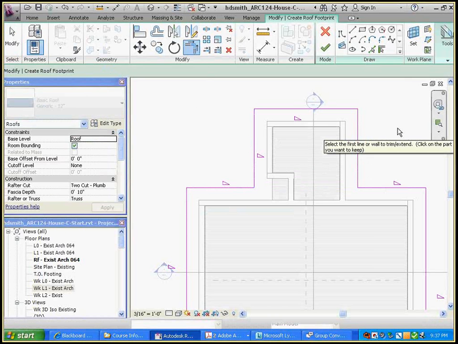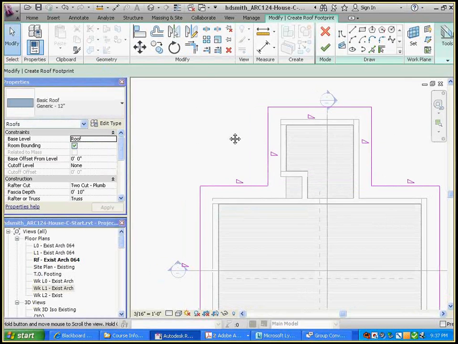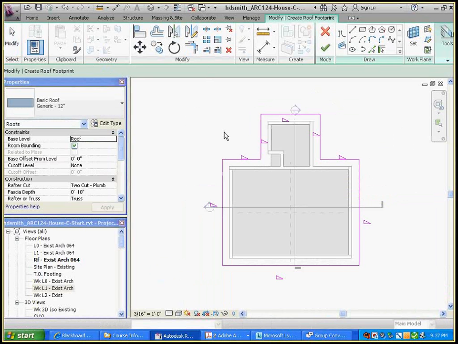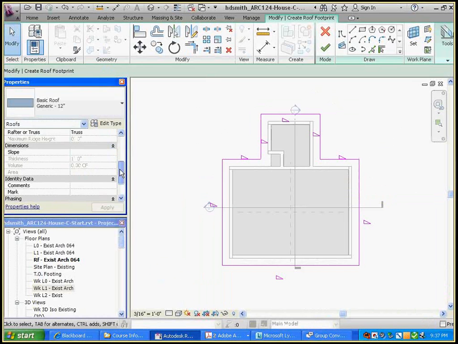If you get tired of picking each line and changing it to 7, just escape out of all the lines and scroll down in your properties here. And notice how the slope is blank because it's smart enough to know you got some 9s and some 7s mixed together. But if you fill in this blank and say, I want all of them to be 7, then it'll fix all the edges no matter how many of them you got because it's a hipped roof. So I'm going to just